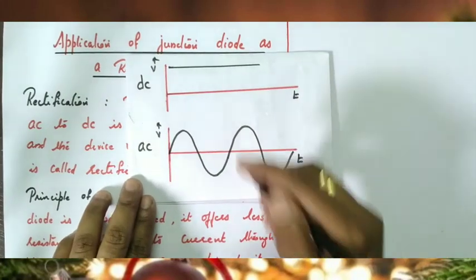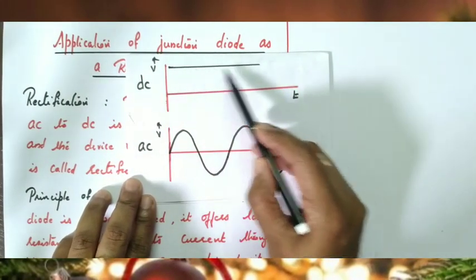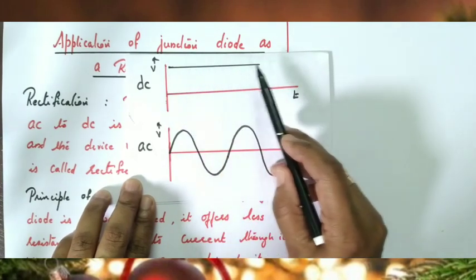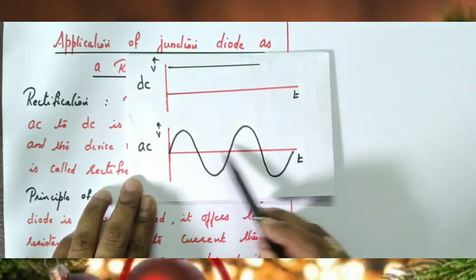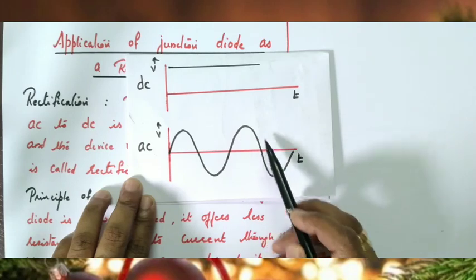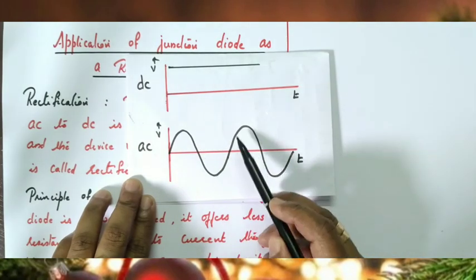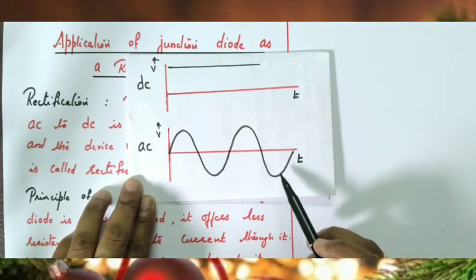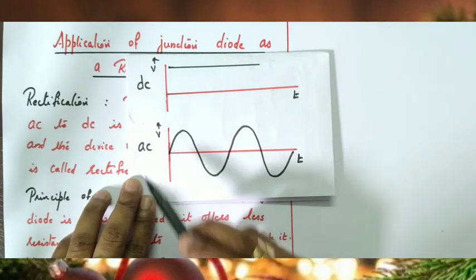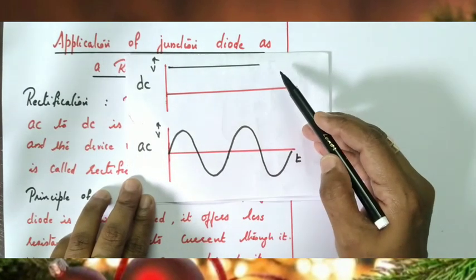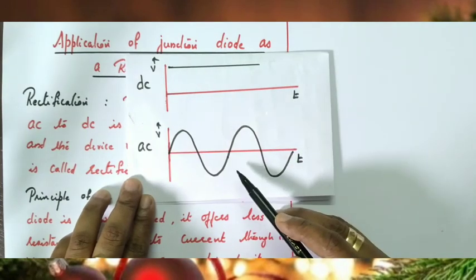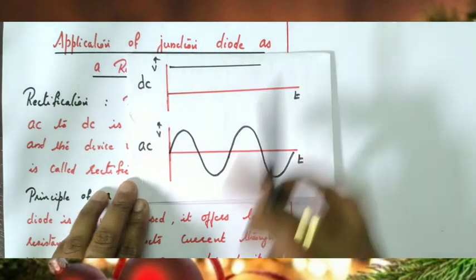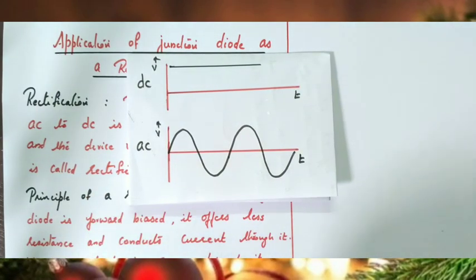Here, this represents the DC voltage, that means the voltage remains constant throughout. That is called a DC voltage. Here, if time increases, the voltage goes on varying, pulsating, positive, negative like that. If the magnitude of the voltage changes, such voltage is called an AC voltage. So this represents constant voltage, and this represents varying voltage. So the process of converting AC voltage to DC voltage is called rectification.